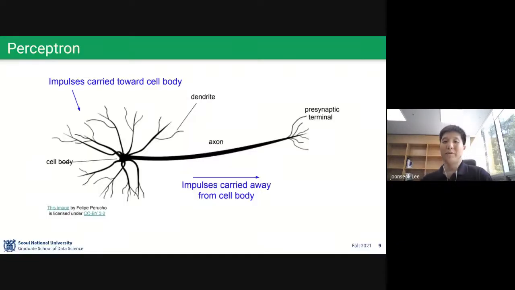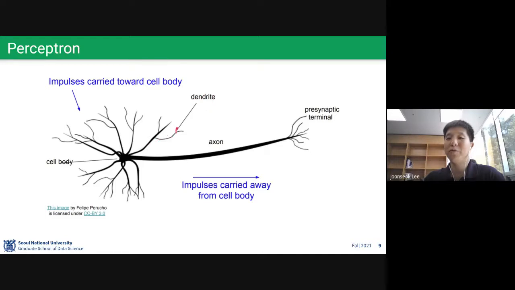So neural networks come from the idea of the perceptron, which mimics the function of the neurons in our human body. I'm not a biologist, and I'm actually bad at it, so I don't know the details of how these actually work. Maybe some students in this class know more than I do. But yeah, this is a neuron, and from the cell body,